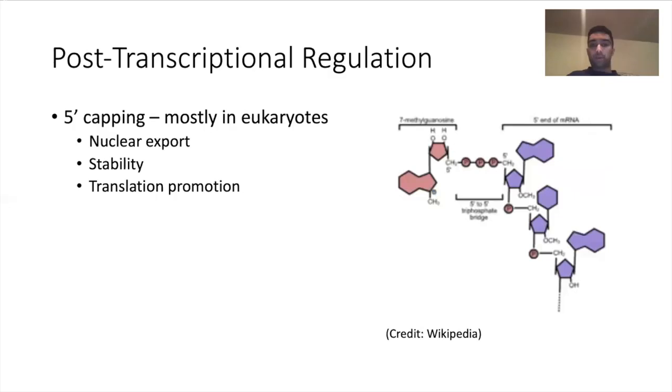Now, mostly in eukaryotes, we have 5' capping. This involves a tagging of a modified guanosine base, a DNA base, added to the 5' end of the RNA, along with 3 phosphate groups. You can see that on the right-hand side. And this helps with nuclear export and stability against degradation, because RNA is quickly degraded in cells. So it helps with stability and it helps with translation promotion too, with binding of the ribosome to the RNA